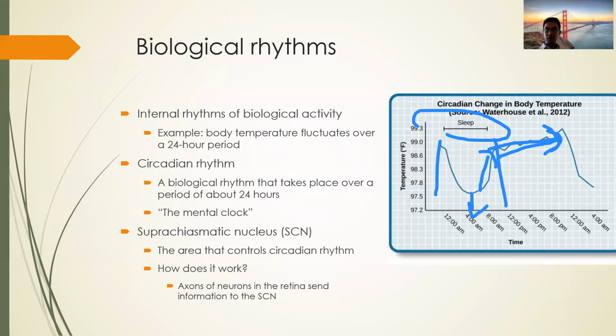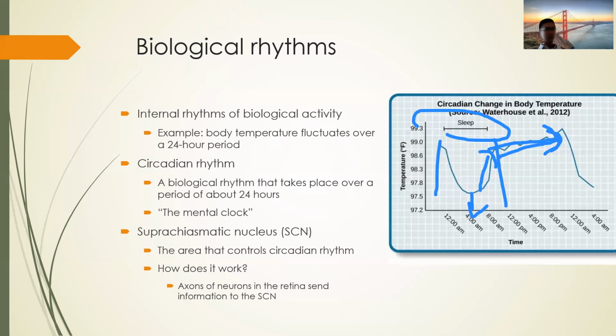So in the night, the environment is really dark. We can know that through our eyes. And in the daytime, the environment is very bright. There is a lot of sunshine, there's a lot of lights going on. So our eyes can know that. There are some neurons in the eyes, in the retina. Retina is a part of the eye. Some neurons send the information about how bright or how dark the environment is to the SCN. So SCN can know it.